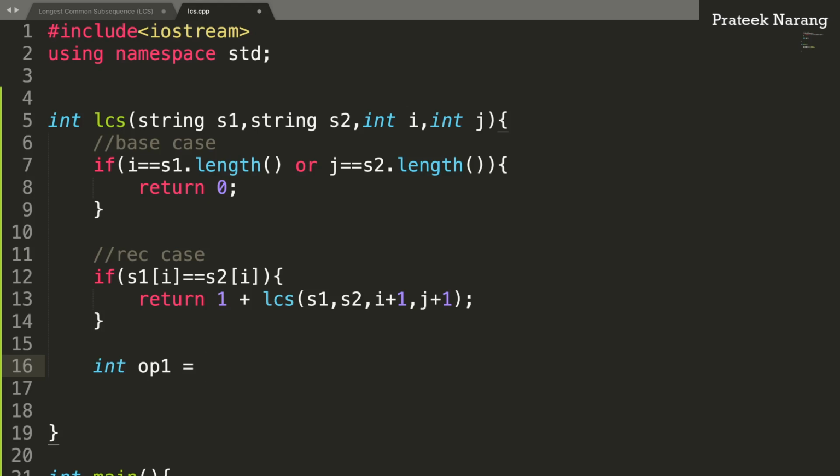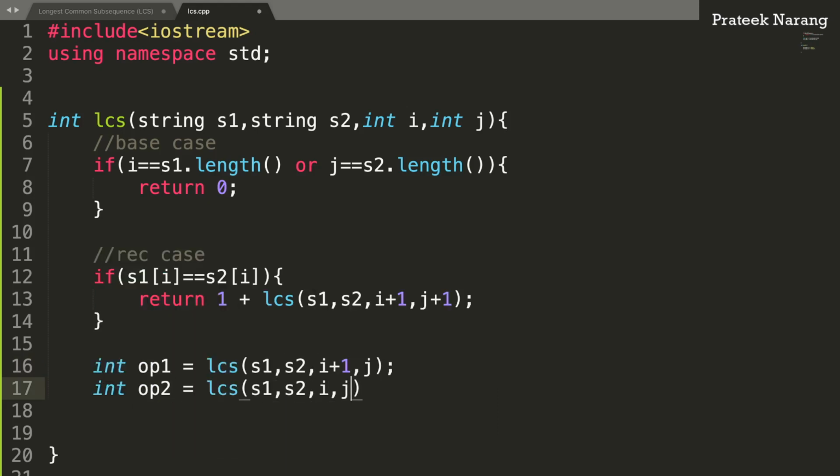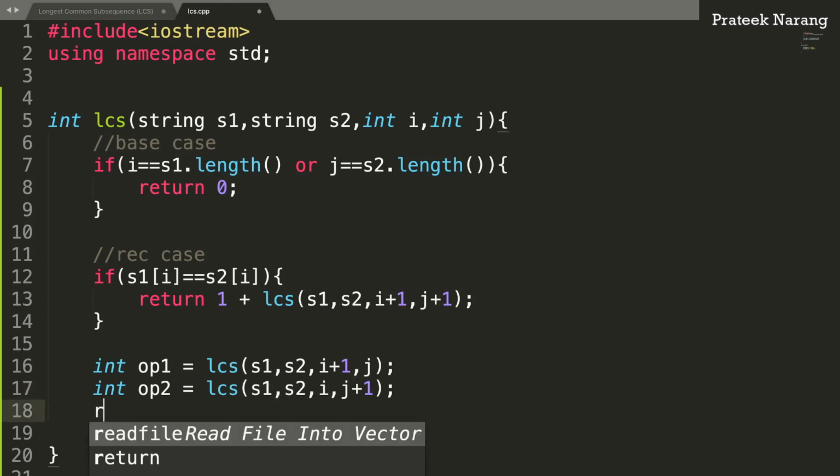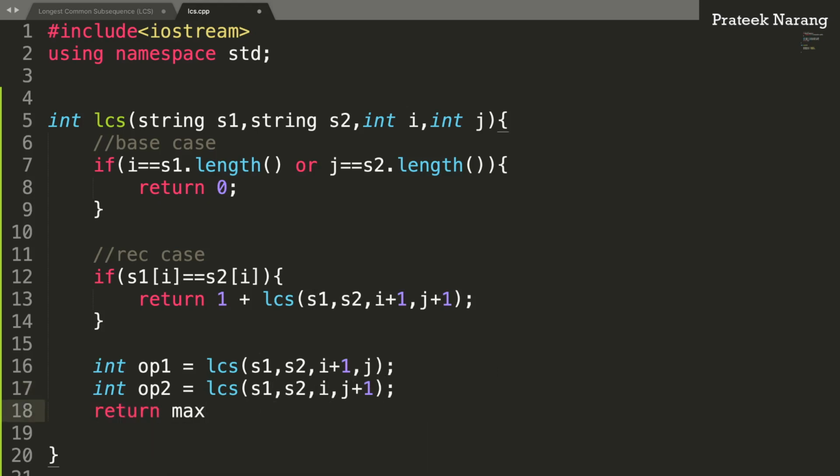So in option 1 you say okay, the answer would be LCS of s1, s2, i plus 1 and j, and option 2 would be nothing but LCS of s1, s2, i comma j plus 1, and whatever branch gives you the maximum, you return that particular option, right?